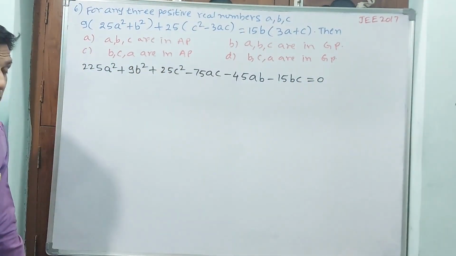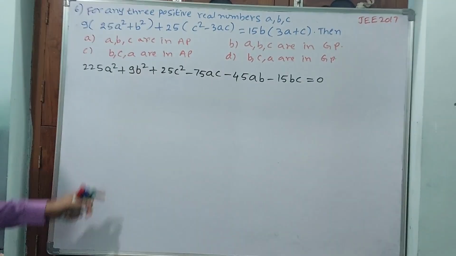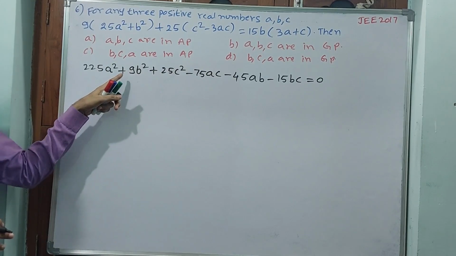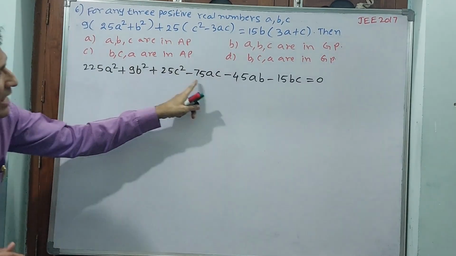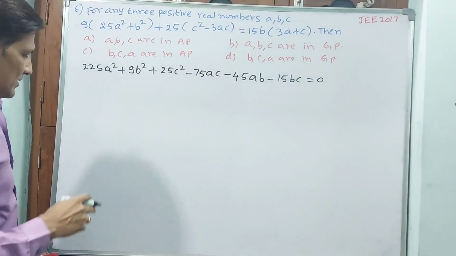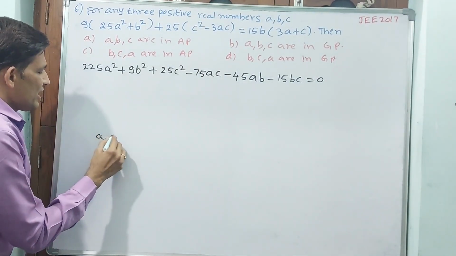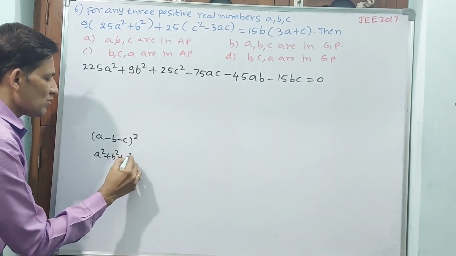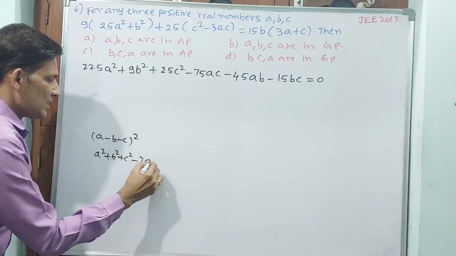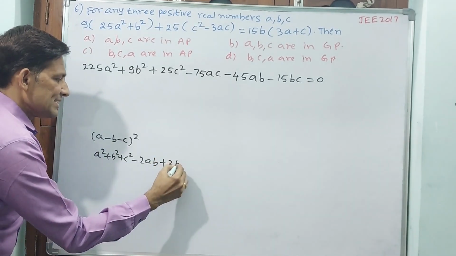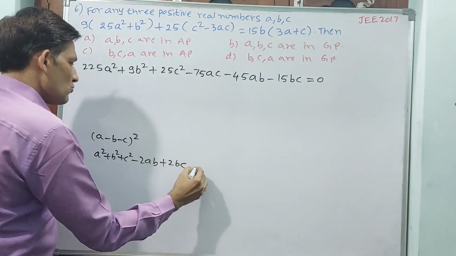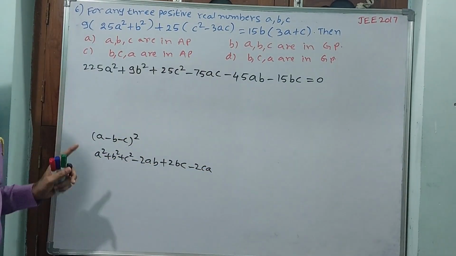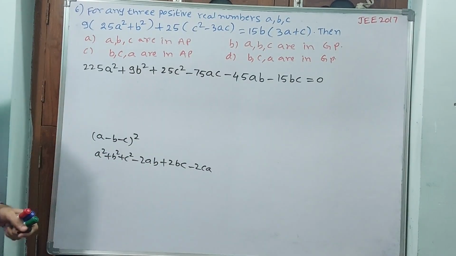Okay. Now observe carefully here what is happening. What is the first appearance? See 15a, minus... minus I am telling, here minus has come already. Okay. See what I want to say. (a − b − c)² will come a² + b² + c², but minus 2ab, but plus 2bc, again minus 2ca. Okay, you compare. Just not exactly equal, but you compare. Why? Because the analogy you have to do.